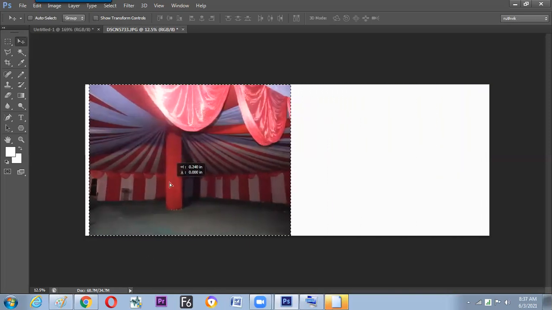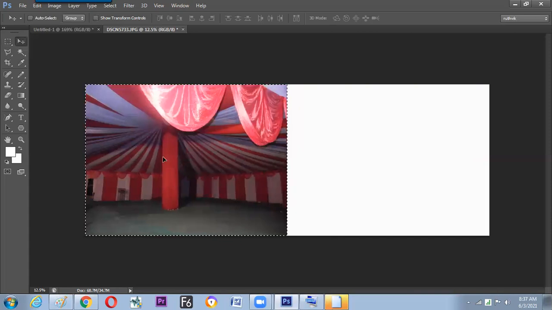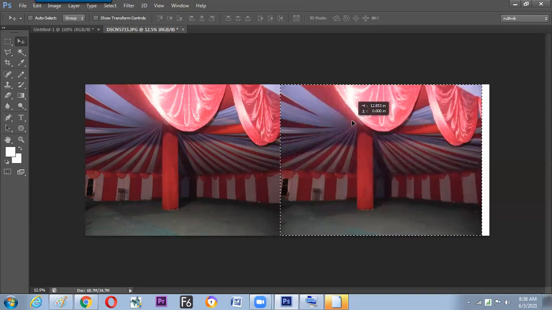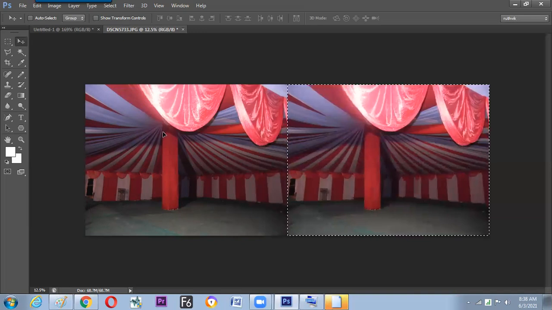But again, one more option. We don't need the original to get moved. We need the duplicate to get moved. Then what can we do? Listen carefully. While we are holding the shift, we can hold the alt button too. The time we are holding the alt button, the cursor on your screen will look double. Hope the screen is visible. Is it okay? Now, drag the image. It will make a duplicate of the original and place it on the other side.